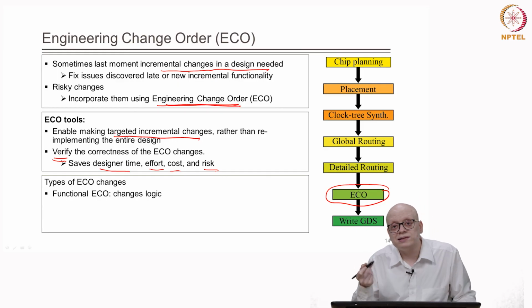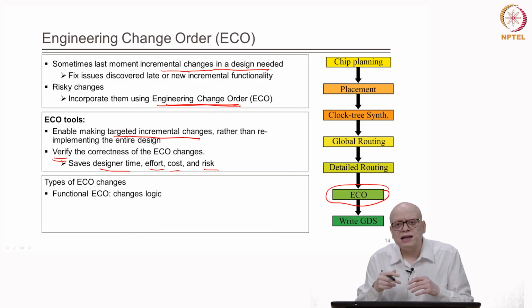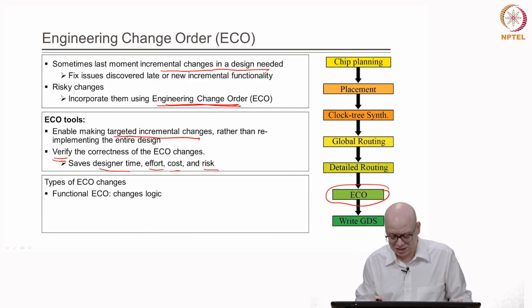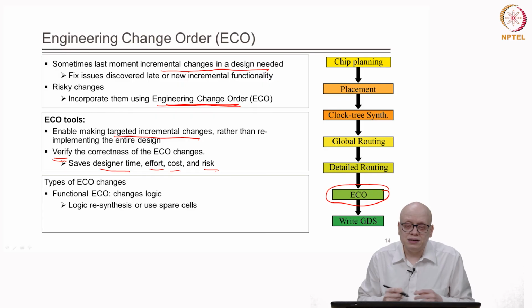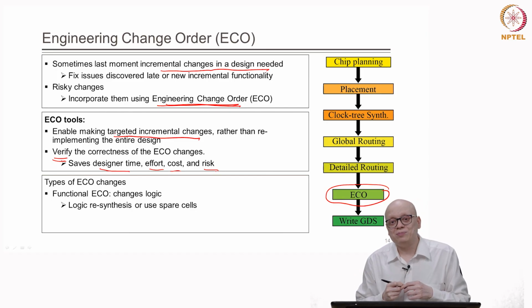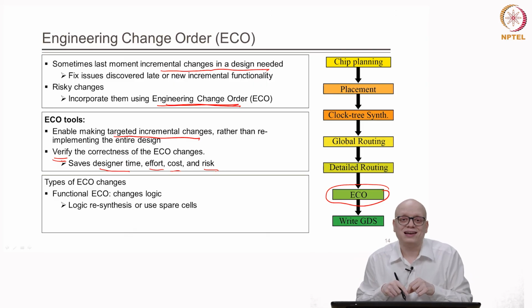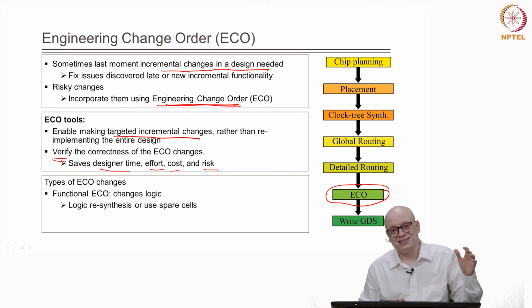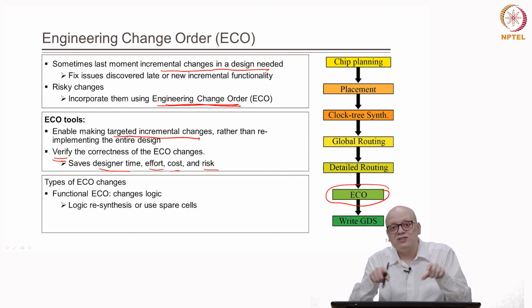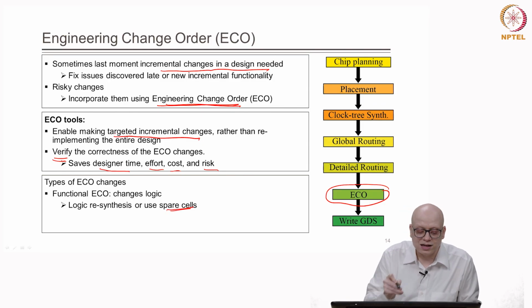Maybe we want to replace an AND gate with an AND gate or so on, right. So, that means there is a functionality change. So, it can require logic resynthesis, or we can use the spare cells. Remember that in the placement stage we put some spare cells in our design. So, if we do not want to go all the way up to the logic synthesis, we want to make changes only in our physical design or in the interconnections, we can take help of spare cells to carry out